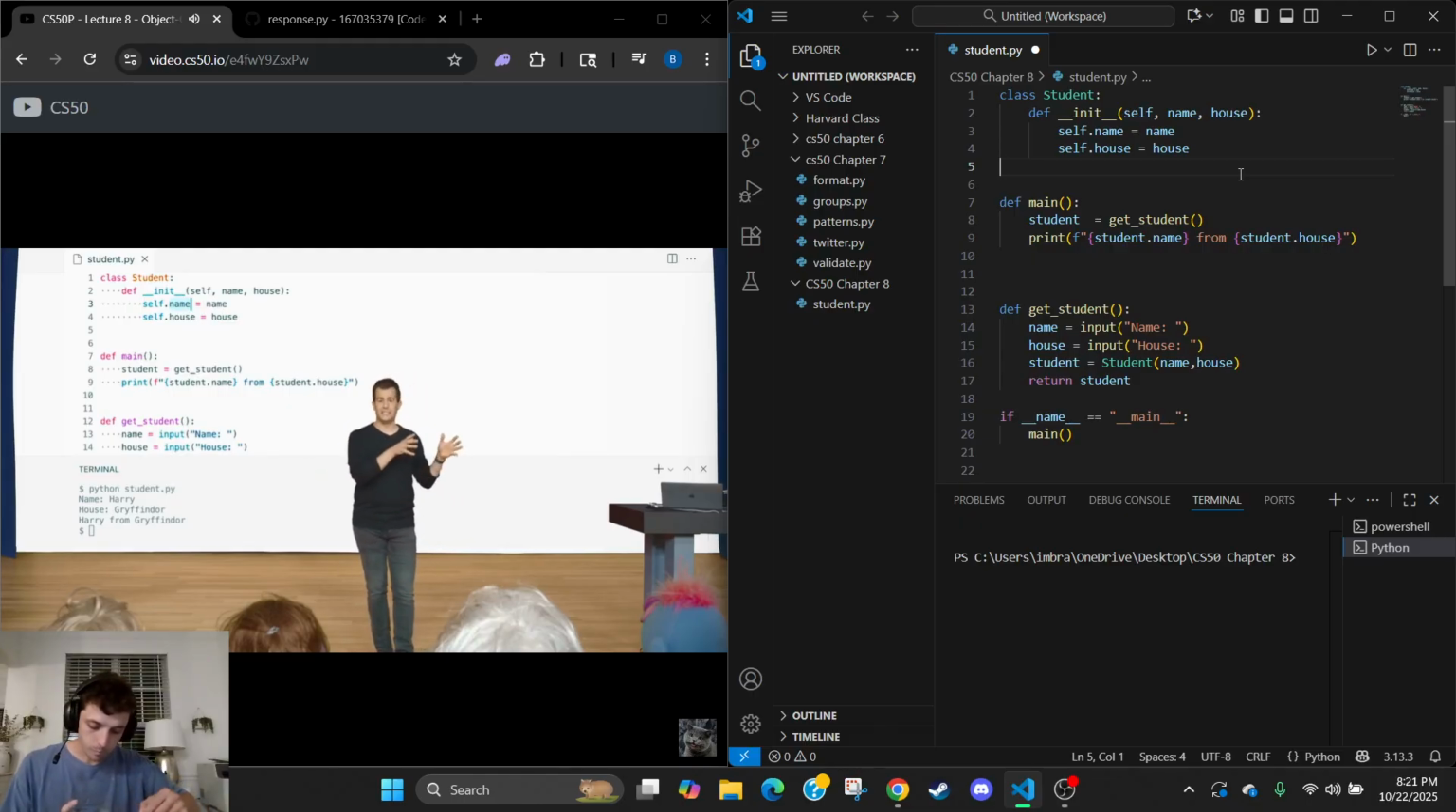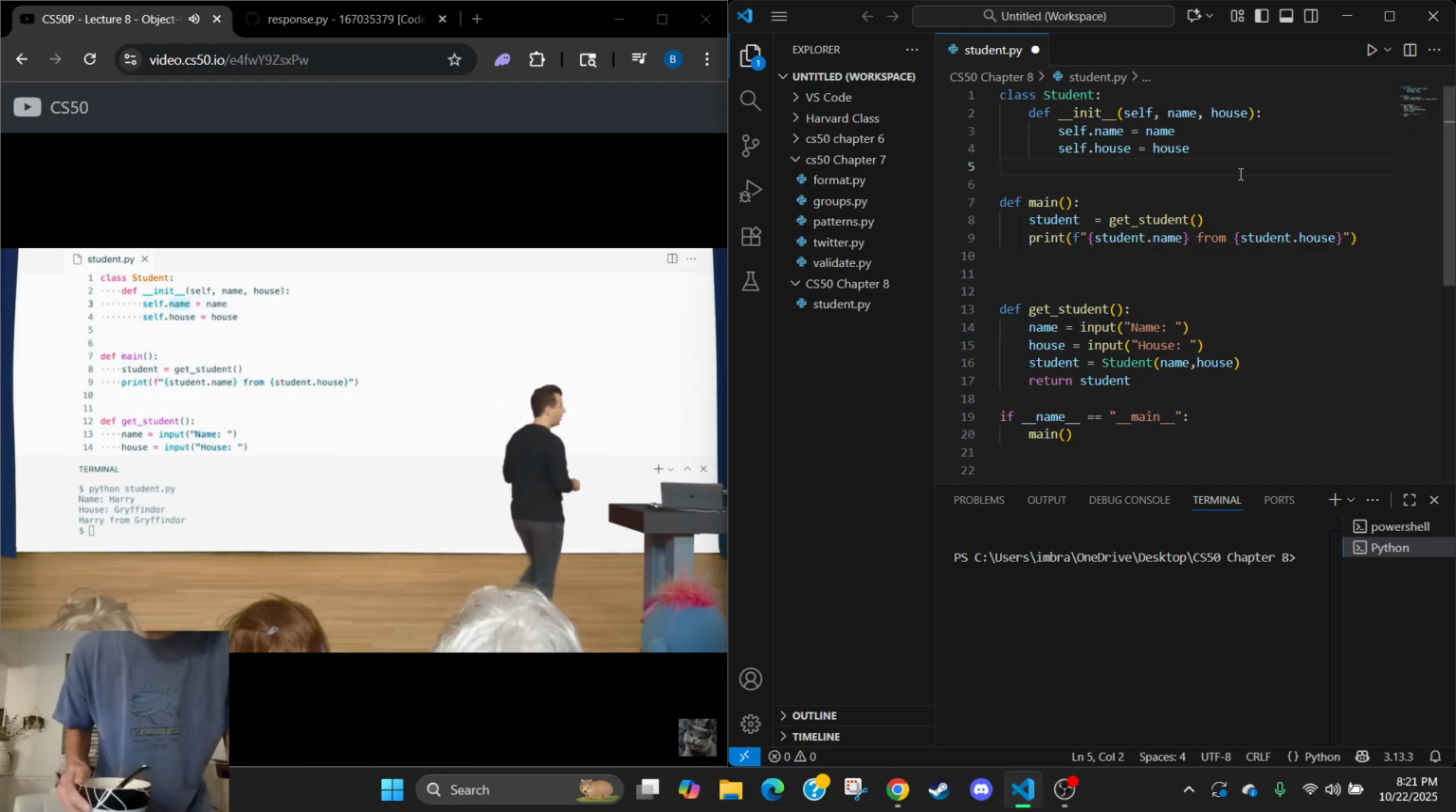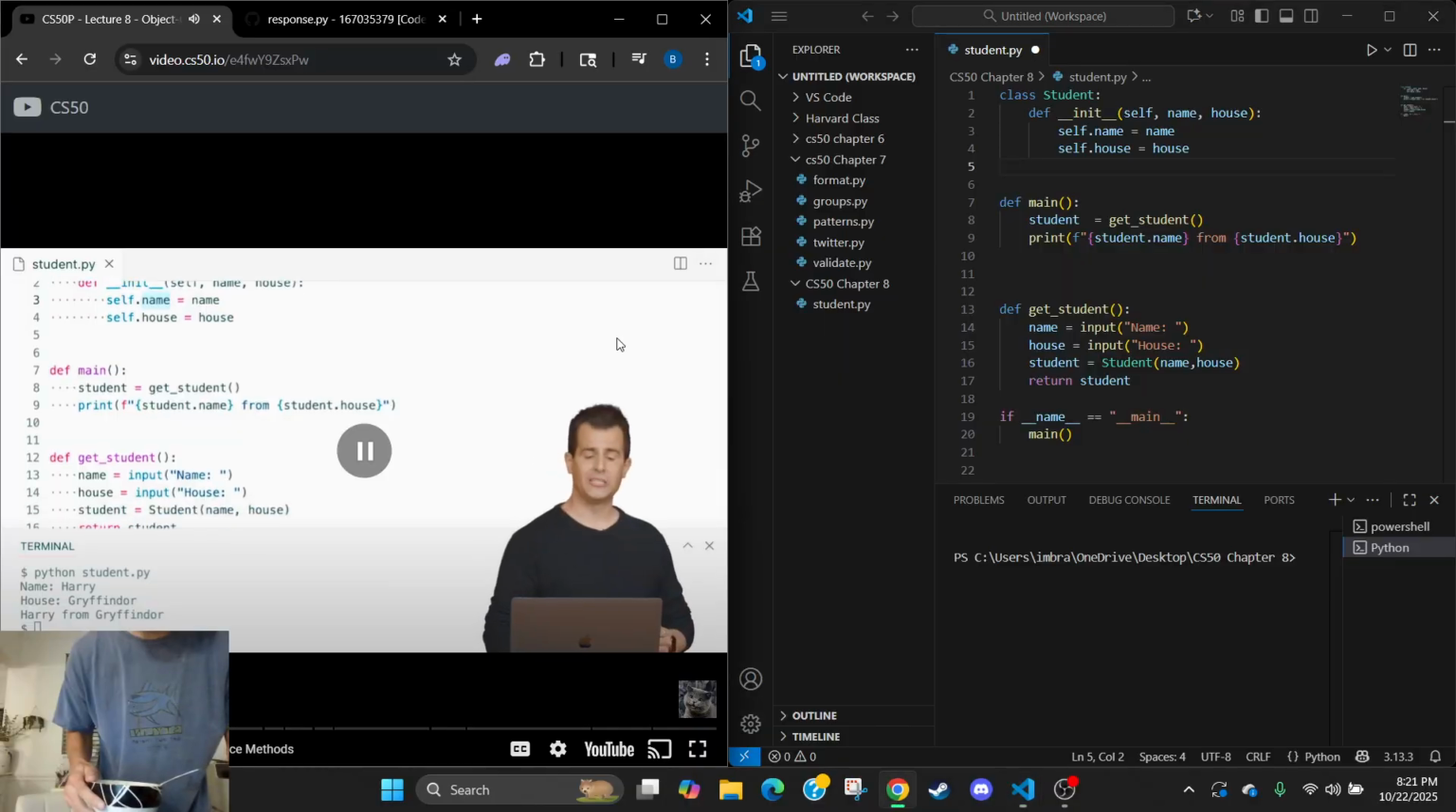Python technically calls this init method the initialization method. It initializes the value. It's on line 15 now of my code, if I scroll back down, that I'm technically constructing